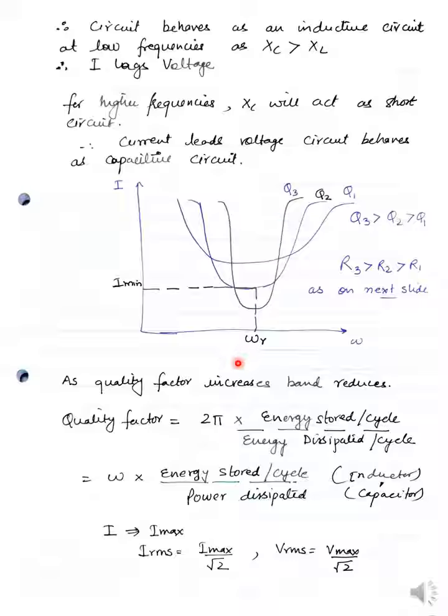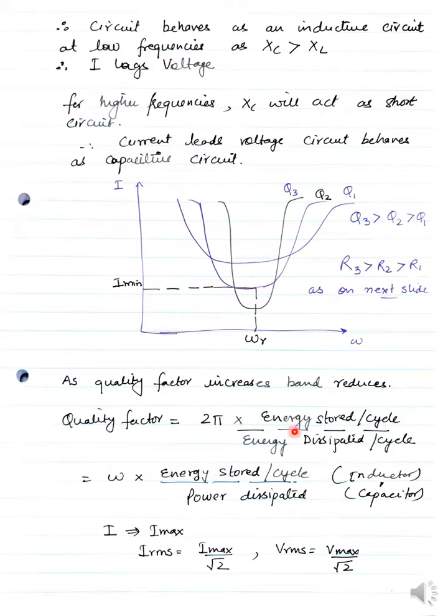So we can say as quality factor increases, band reduces. When I'm saying band, so in a particular band it exactly rejects the information, and for the remaining band it can pass the information. So suppose you want to block a certain frequency from which the receiver doesn't want to hear anything, then you will use the quality factor to be as high as possible. Or you can say your R3 must be greater than R2 greater than R1. Okay,